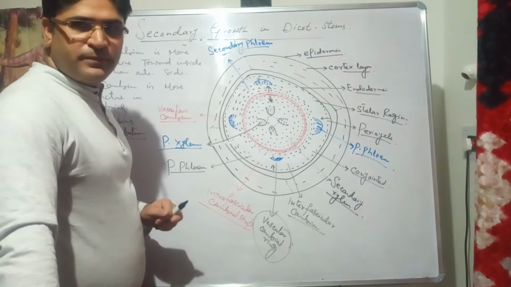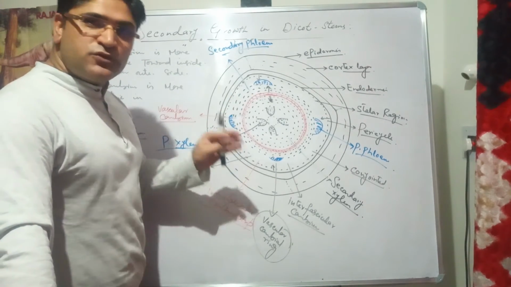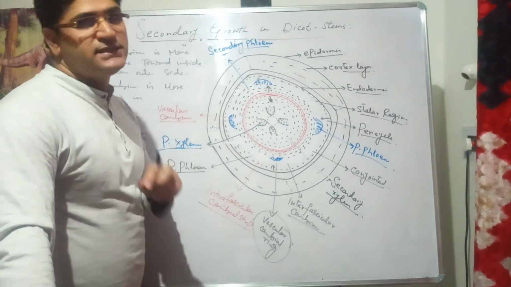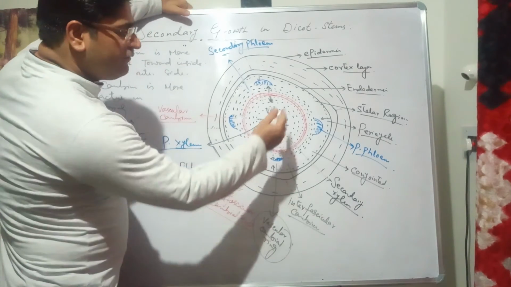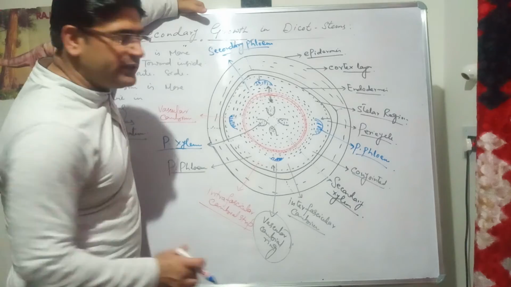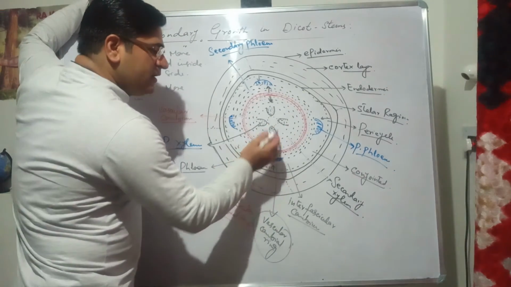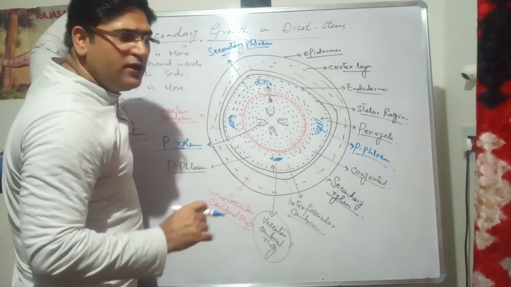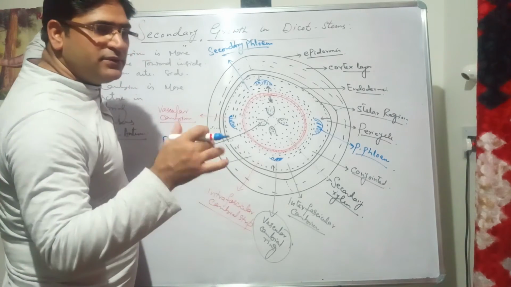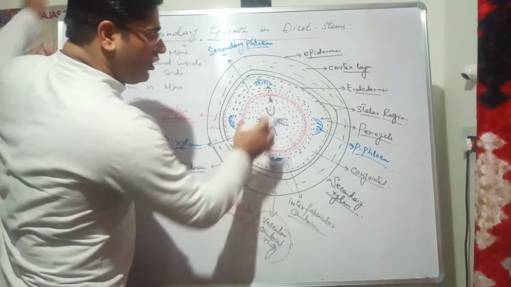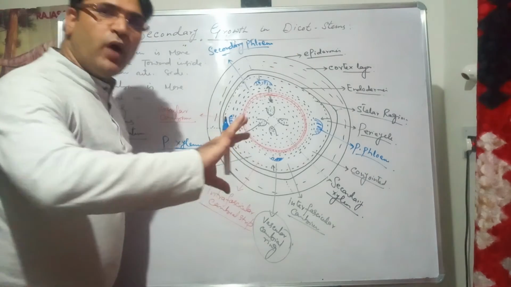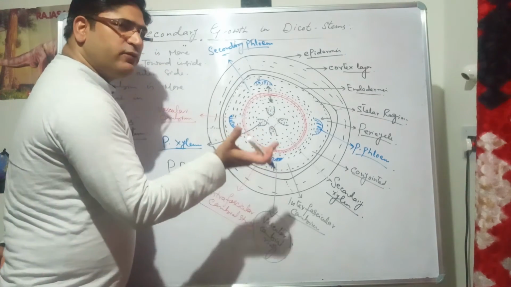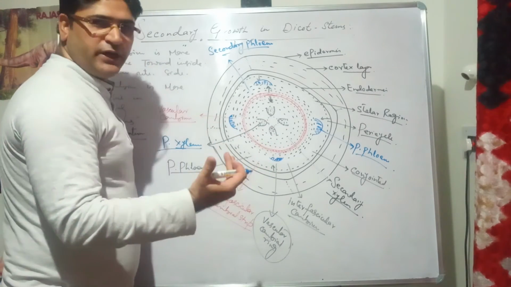Now as I told you, this cambium is more active towards the inside and more active in the spring season, okay. So in the spring season, when there is availability of water, the cambium is more active, and in the spring season it forms all the xylem components. Xylem parenchyma, fibers, tracheids, vessels, all will be formed, and they have a wide lumen in that season. All these xylem vessels have wide lumen. With that, there is a flow of water and minerals, okay, efficiently.